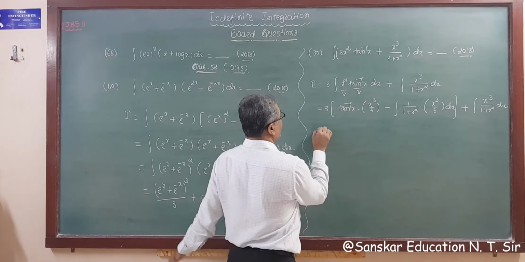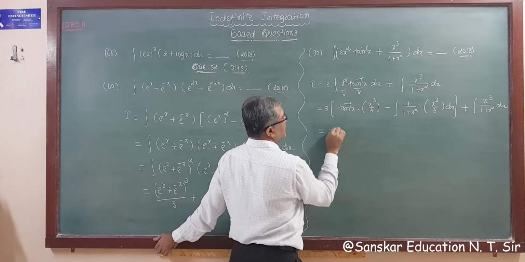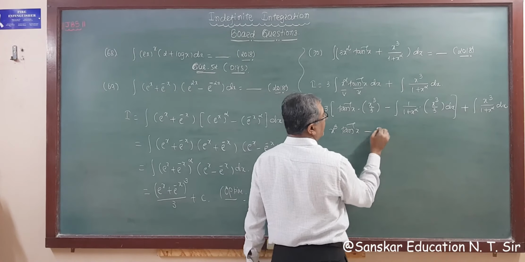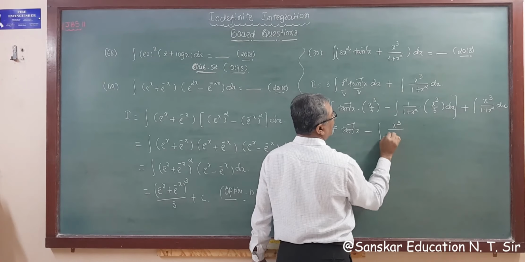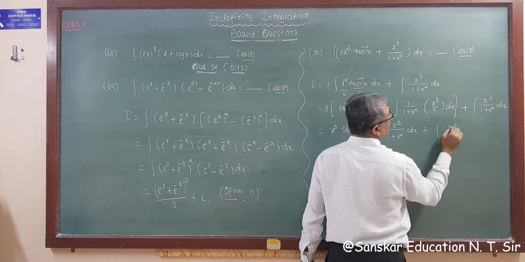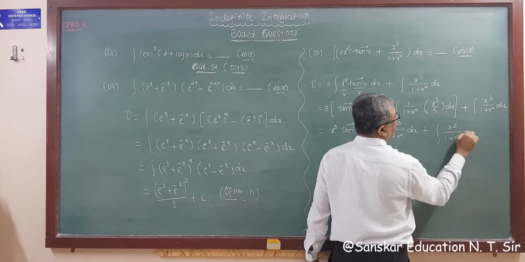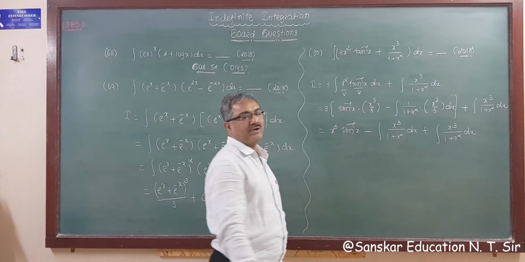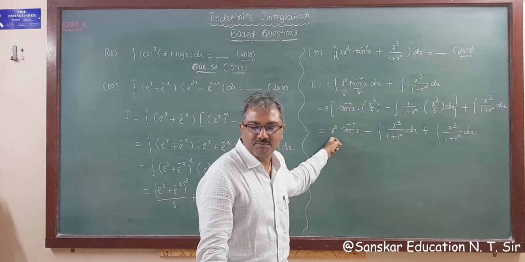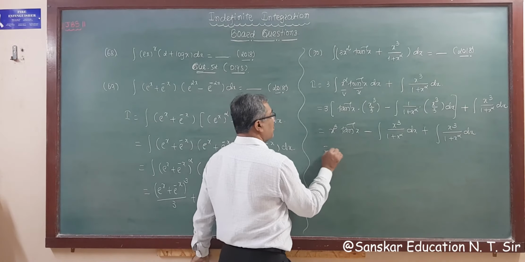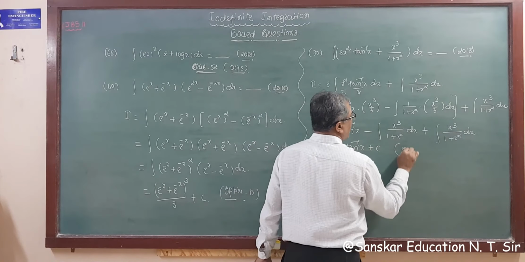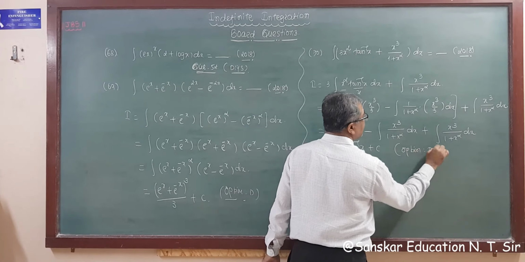Now multiplying this, what do we get? This 3 will be cut, so this is x cubed into tan inverse x minus, this 3 will be cut, integration x cubed upon 1 plus x square dx plus integration x cubed upon 1 plus x square dx. So this is cut. What is your answer? x cubed into tan inverse x, that is option number D, right? So x cubed into tan inverse x plus c, that is option D, is your correct answer.